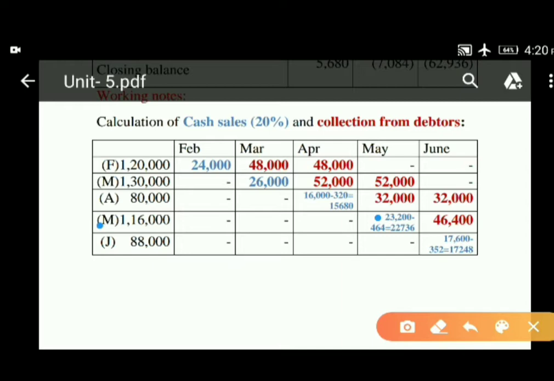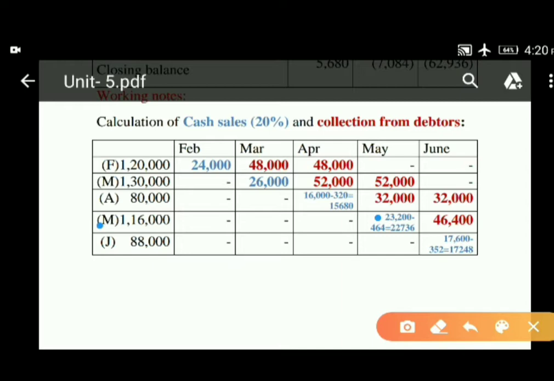1,16,000 into 20 by 100, then you will get 23,200. These are the cash sales and the amount will be collected immediately in that particular month, that is May. And the remaining amount, that is 46,400 in the month of June and remaining 46,400 in the month of July. So 46,400 and 46,400,